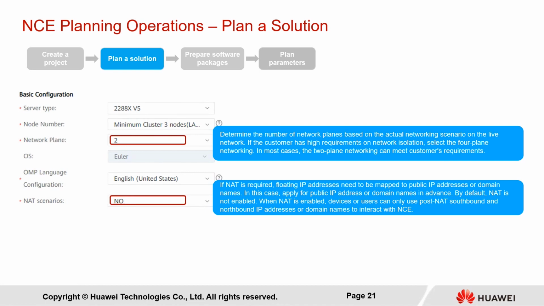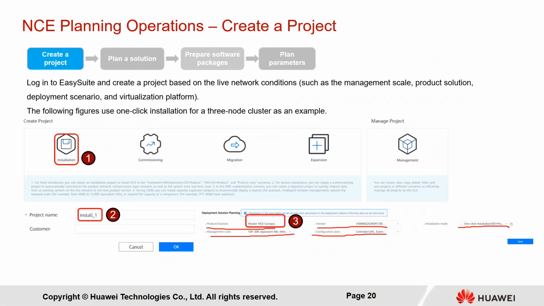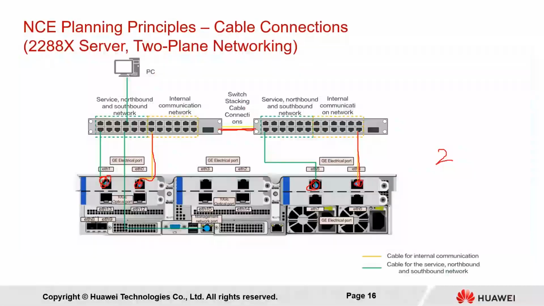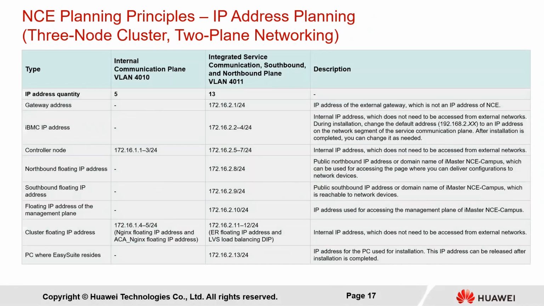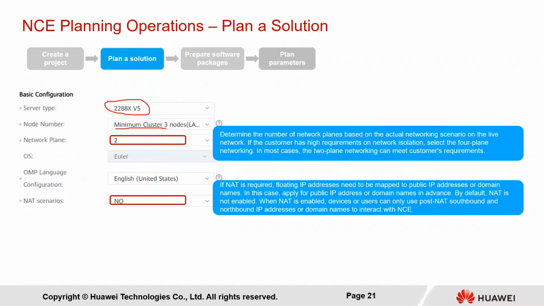I assume most of us are using this one, the 2288X v5, and then node number, minimum cluster, and network plane. And network plane is 2, let's say. So the one that we just introduced, the 2 plane. So the network plane, select 2, and